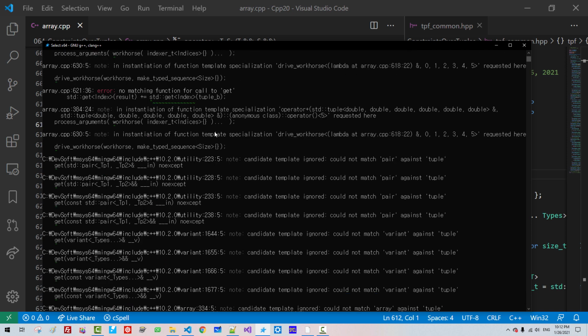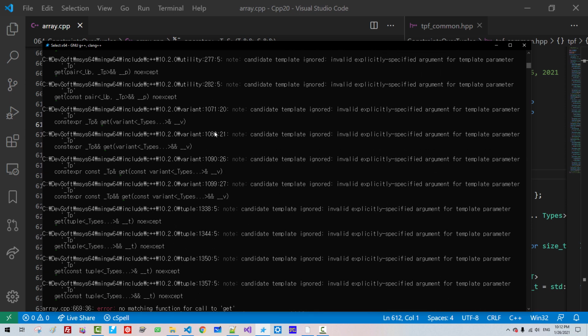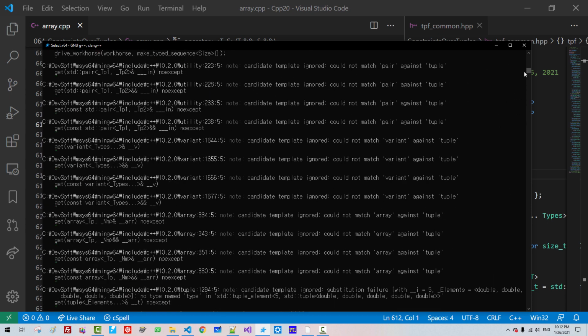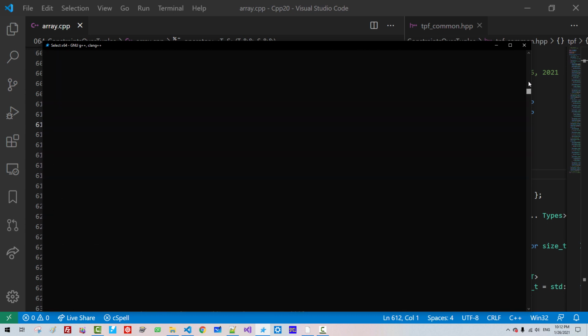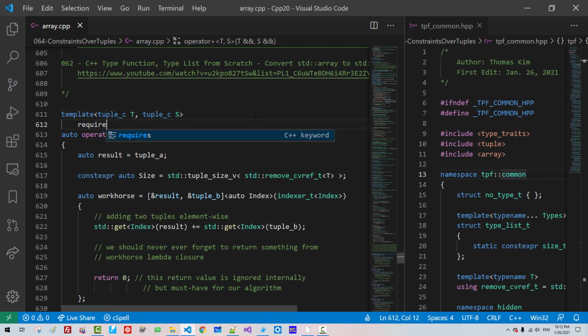We have a huge error message like this without concepts. These are all error messages. I am scrolling down. See? Huge error message.